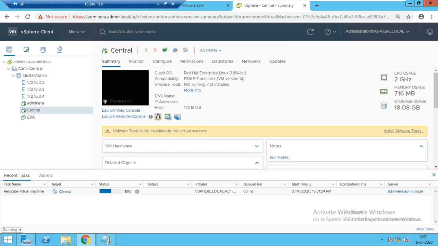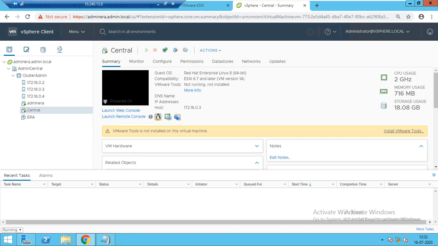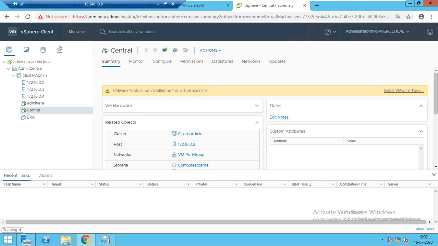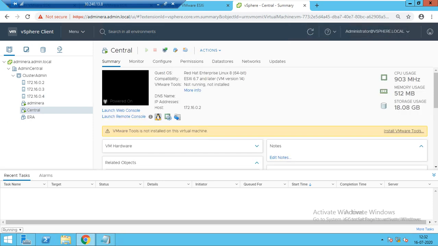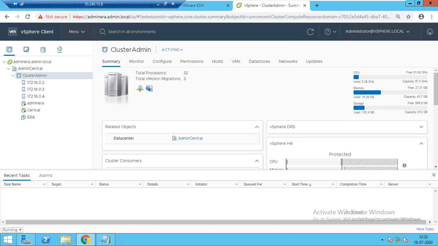This is called live migration, or you can say vMotion. Your machine is live and working, and you are migrating your virtual machine from one host to another without disturbing the production. Now it goes to 2. When you come to the cluster and check, it becomes 3. This is the first one, where we did vMotion.